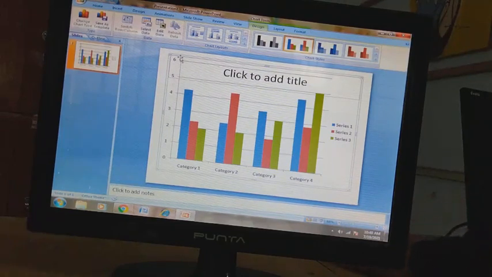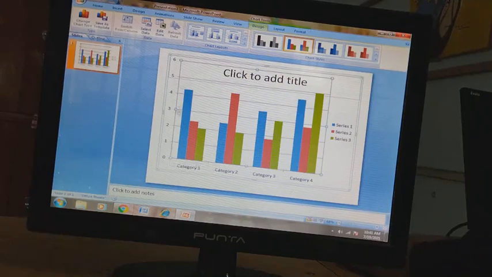The whole part where we have done this, you can see here, is called the chart area. Then the axis from 0 to 6 is the value axis.